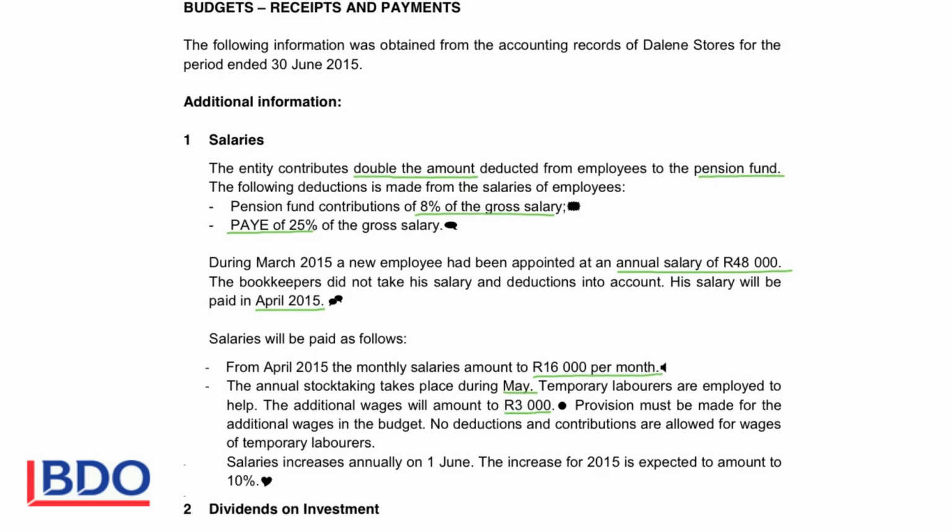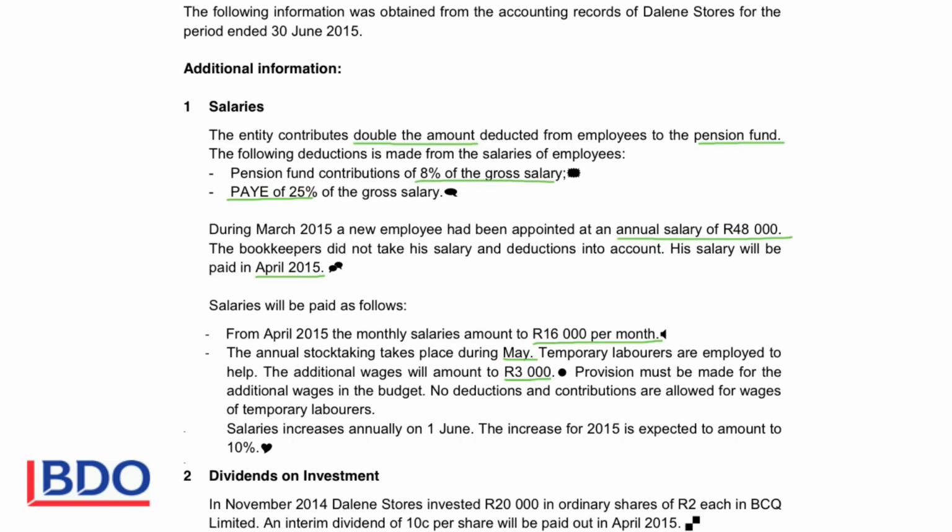Then there will be a salary increase annually on the 1st of June. So we have to take this increase of 10% into account in June. That will increase the amount that will be paid out for salaries. Okay, if we look at the calculations,